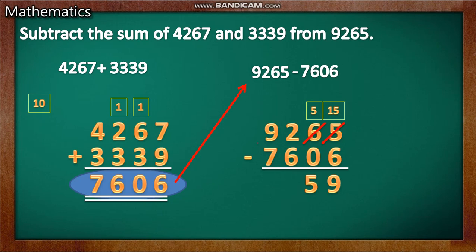That 9 will change to 8 and that 2 will change to 12. Now 12 minus 6. 12 in your mind, 6 in your hand. Count back, you will get 6. And 8 minus 7. Okay, what is the answer? 1. It is the final